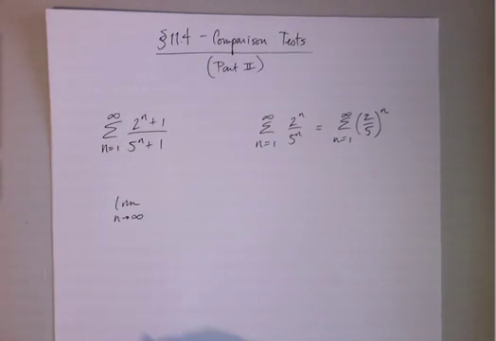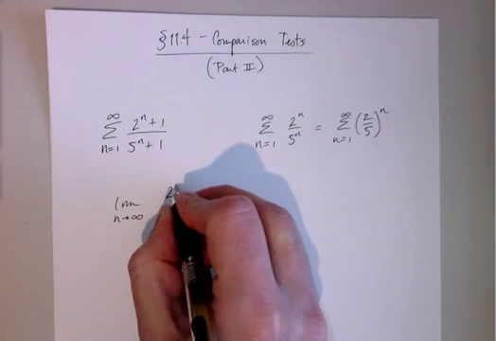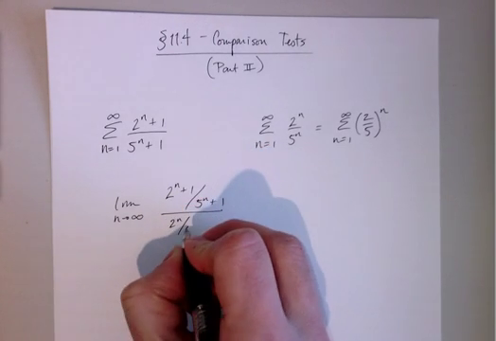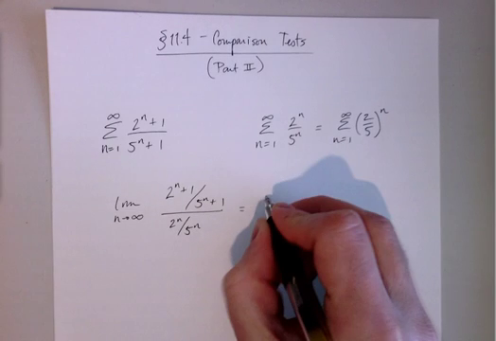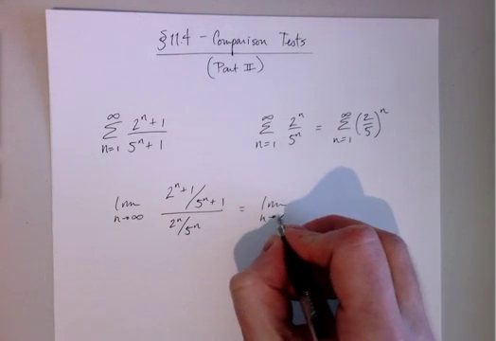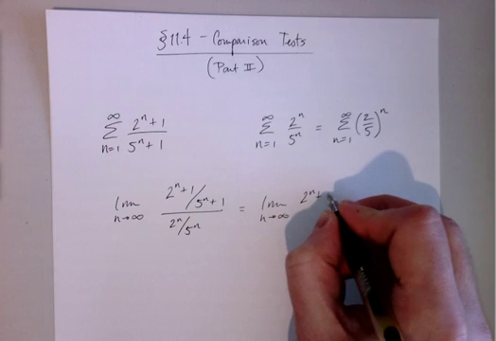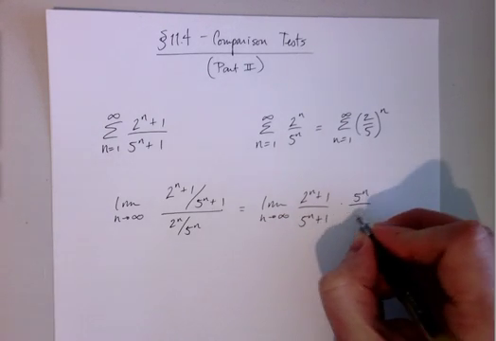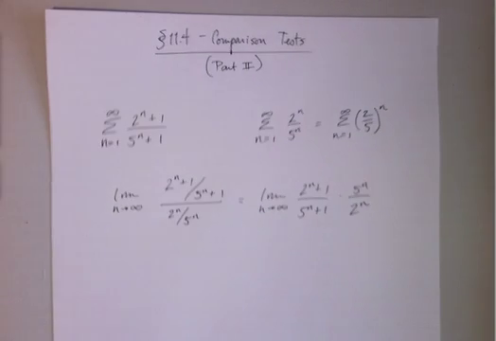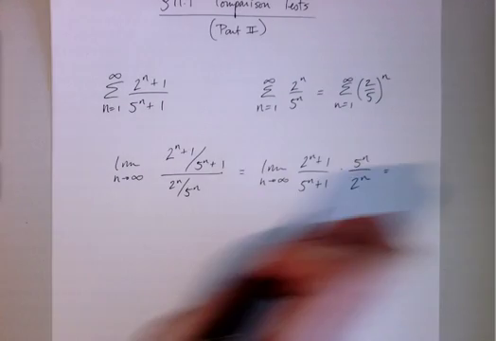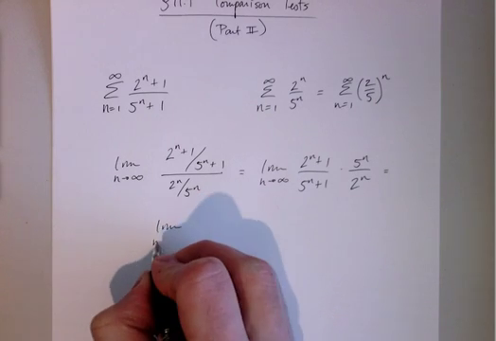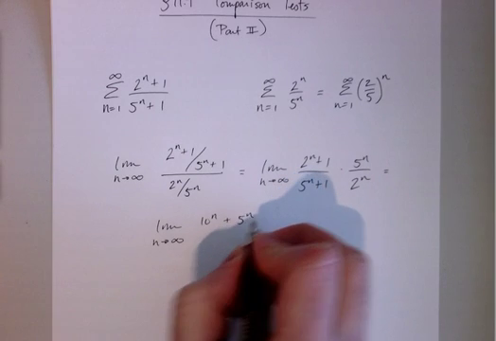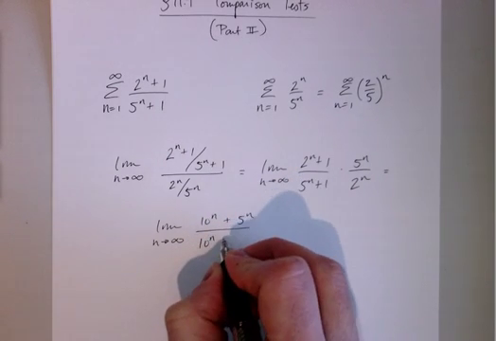So let's go ahead and put (2 to the n plus 1) over (5 to the n plus 1), over 2 to the n over 5 to the n. Well, I don't really like the complex nature of that fraction, so we're going to go (2 to the n plus 1) over (5 to the n plus 1) times 5 to the n over 2 to the n, right? To divide by fractions, multiply by its reciprocal. So we wind up with (10 to the n plus 5 to the n) over